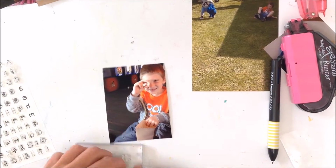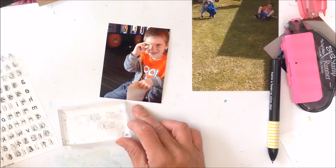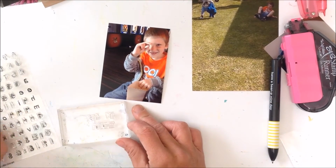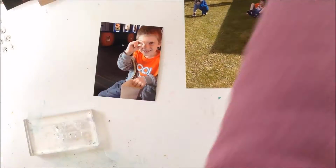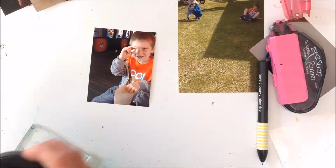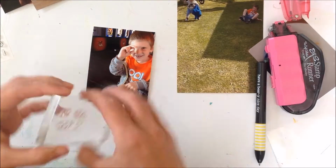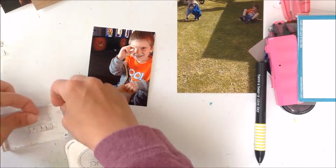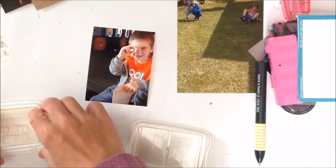And I was really annoyed that I forgot to print this one for my previous layout, because that's when I took Lucas to the movies. What did we see at the movies? He says he doesn't know. We saw Inside Out. That was during the school holidays, and we're trying to go to the movies during the school holidays. If Leon is at nursery, we go to the morning